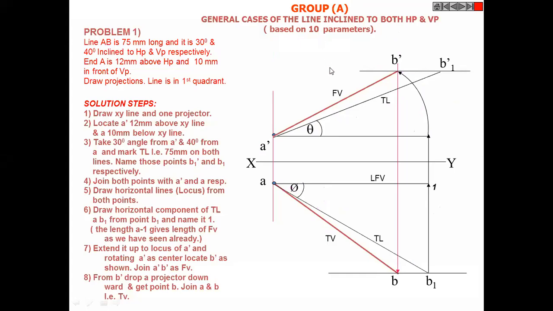Anyone having any doubt how to draw the projection of line? This is the most complex problem. Okay. What we are having is the most complex problem, the line inclined to both planes. That's it. So this is it. But see how simple it is. If you want to understand, this is tougher. This was tougher.